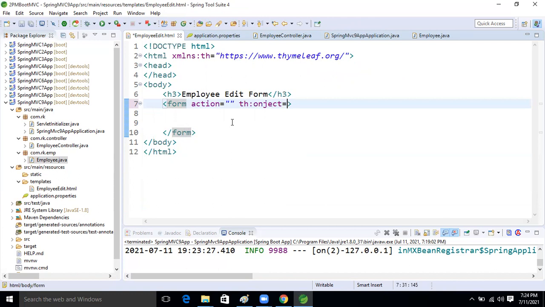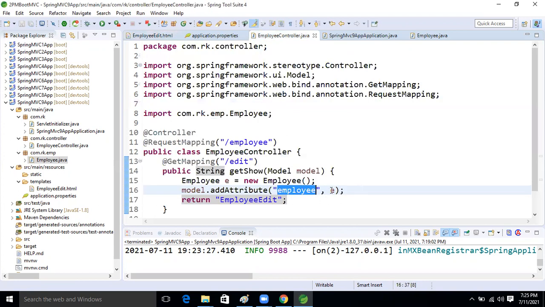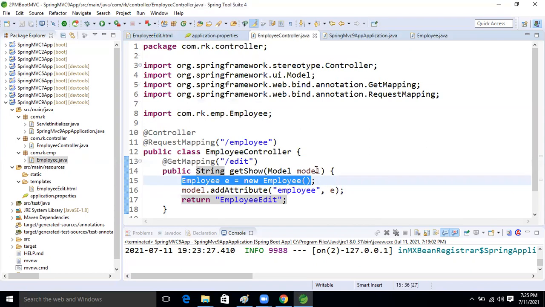Inside that we will use the dollar symbol. After that we will pass that reference, employee, right? Whatever object we are exposing, the employee object, right?